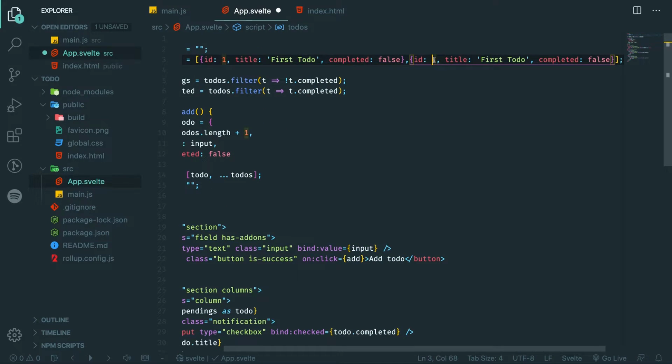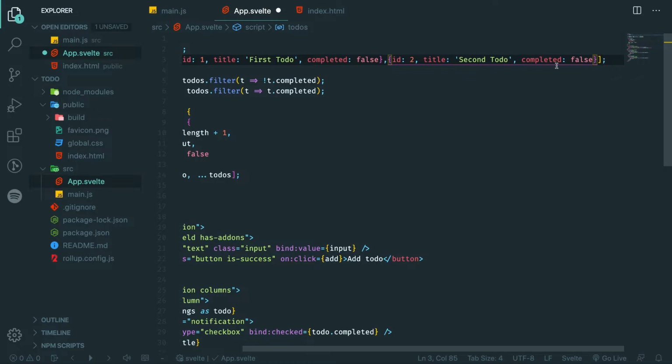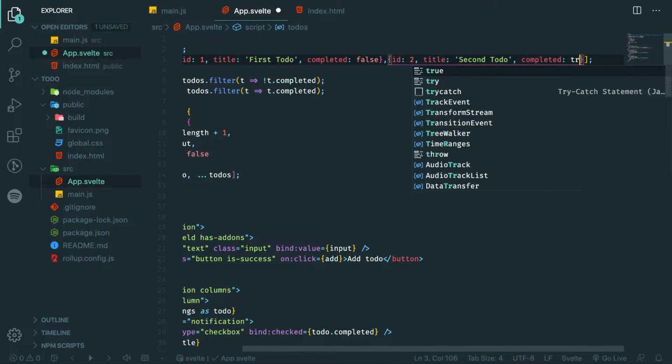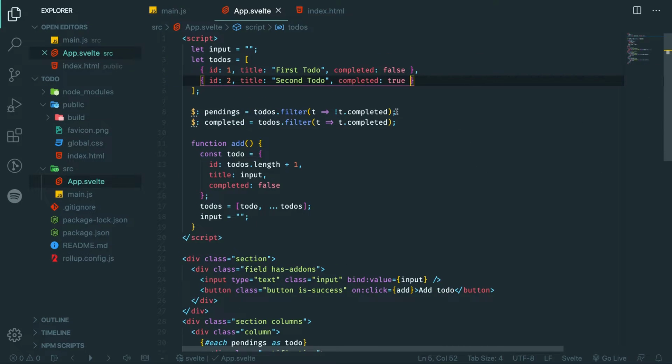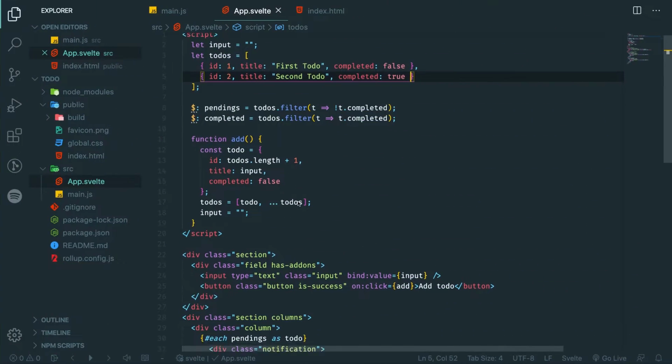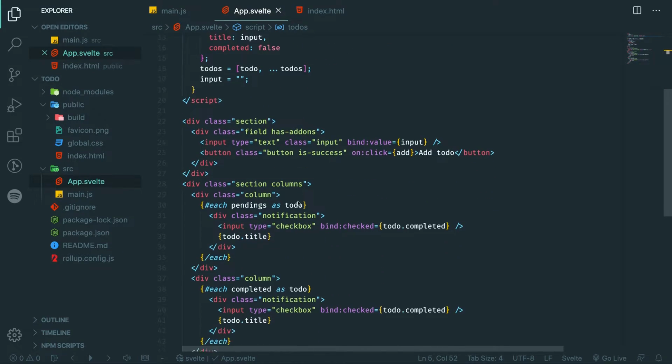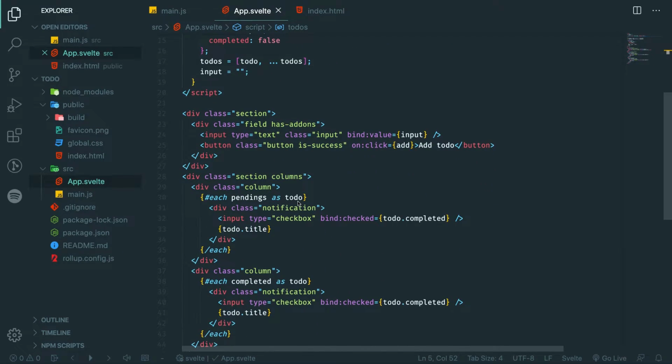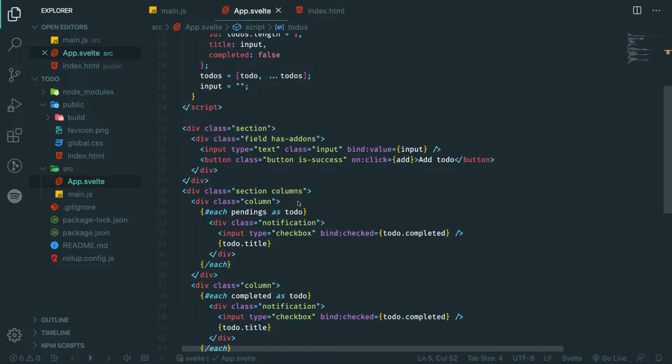And this is going to be second to second, and it's going to be completed, let's say true. Okay, so we don't have to write every time, we have someone's by default. Okay, so another thing that I want to add here is a way to delete or remove a to-do from